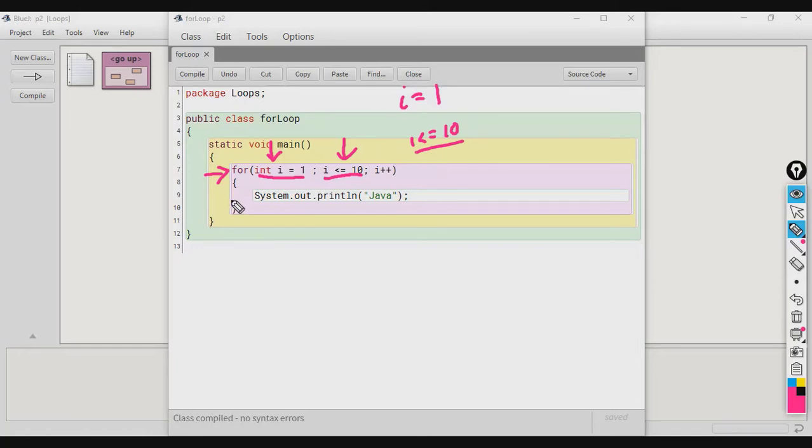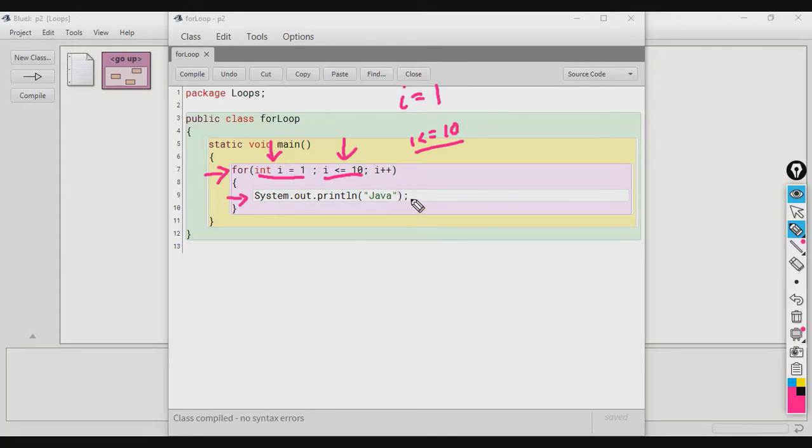Since it is true, the control will come inside the body, and whatever number of statements are there inside the body, all the statements will be executed. But in this example, I have just written a single statement, so that single statement will execute.